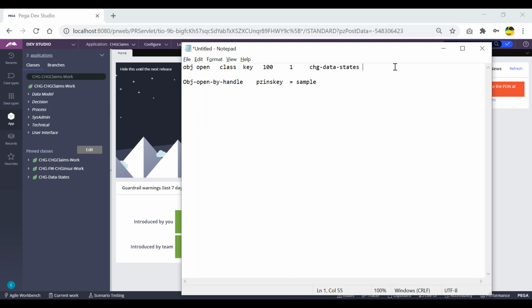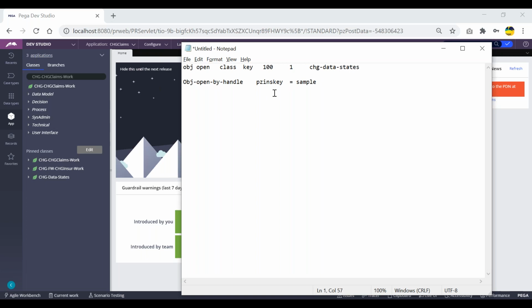So ultimately it is performing two levels of searching. The first level of searching is to find the particular class out of several classes in my PRPC, and the second thing is, once the class has been identified, it has to identify the class key. So two levels of searching happen here.